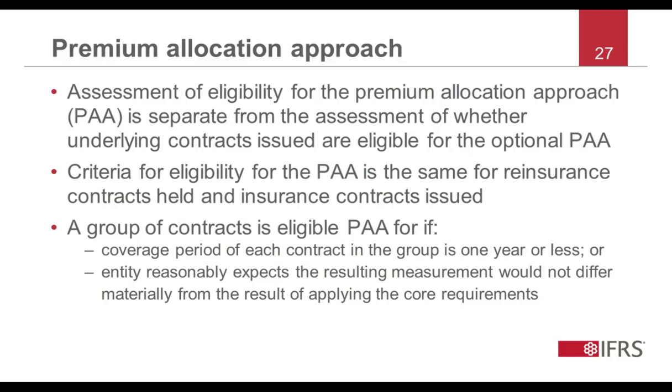A contract would not be eligible if the cedant expects significant variability in fulfillment cash flows before a claim is incurred and a reinsurance recovery is due. IFRS 17 provides examples of indicators when the entity should expect significant variability of fulfillment cash flows, and therefore those contracts are unlikely to qualify for the premium allocation approach. Variability of fulfillment cash flows increases, for example, when there are embedded derivatives in those contracts and with the length of the coverage period. As mentioned before, we have posted a previous webinar on the simplified approach.